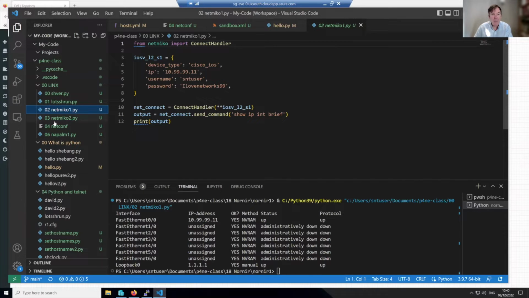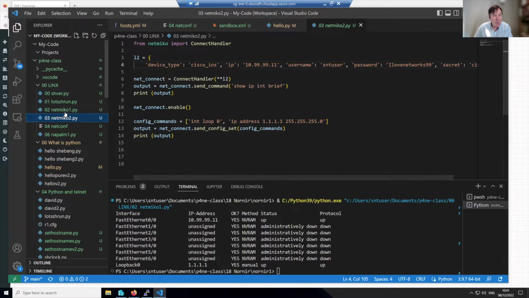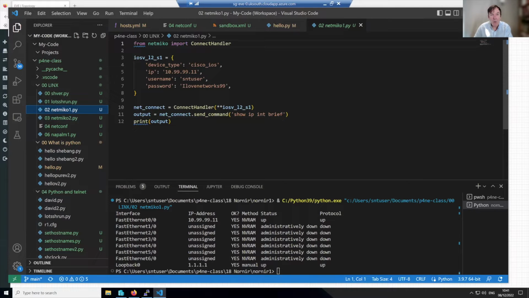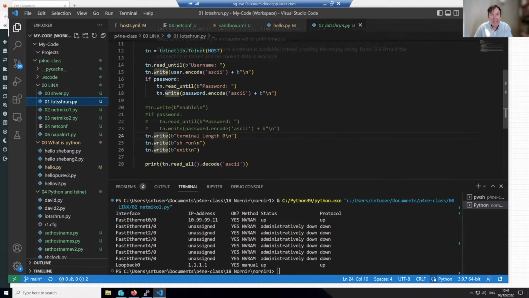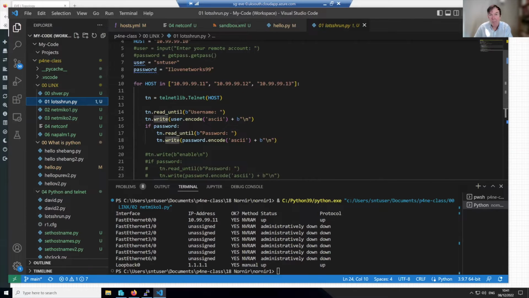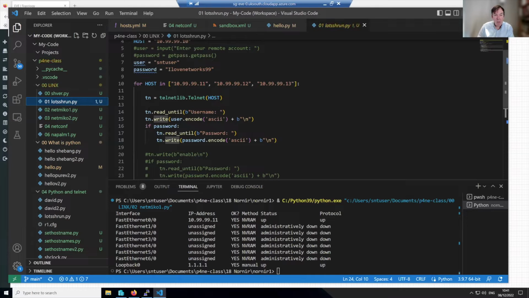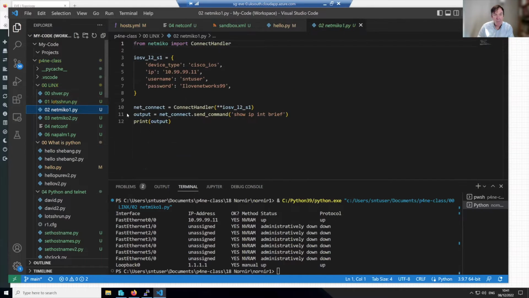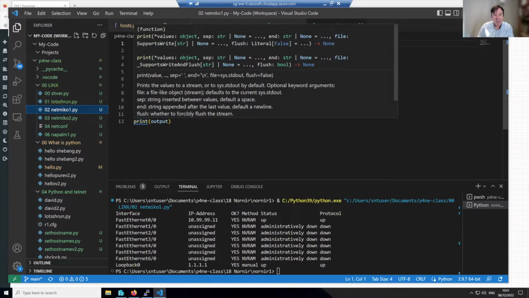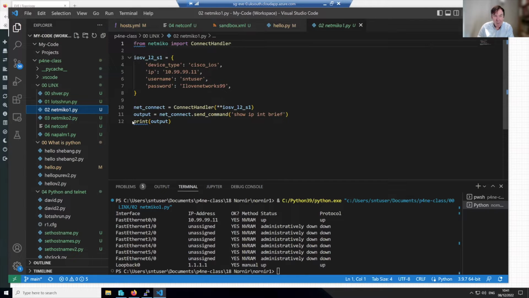The beauty of this is, though, let me just check. No, this example doesn't do it either. All I would need to do is shift all this code, like I did here, into a for loop. I could have done for host in blah, blah, blah. And this Netmiko script could have gone around all my devices. So what we're really saying is, if you take out all the blah, blah, blah, which is the Telnet code, and just put in these simple 3 lines in the for loop, then lo and behold, you can loop round, and you might have 100 devices, and I can find out the IP interface status on